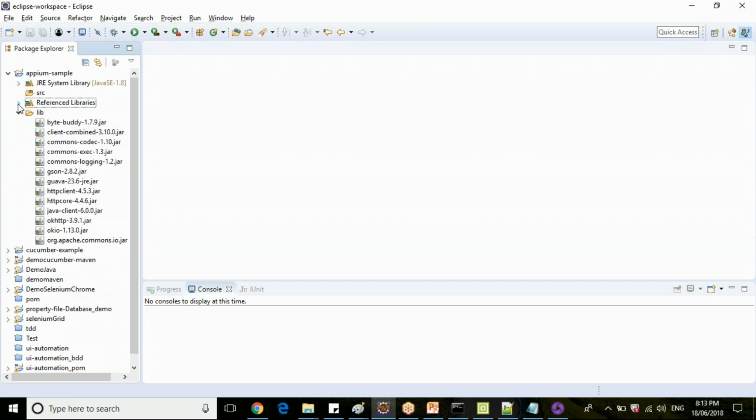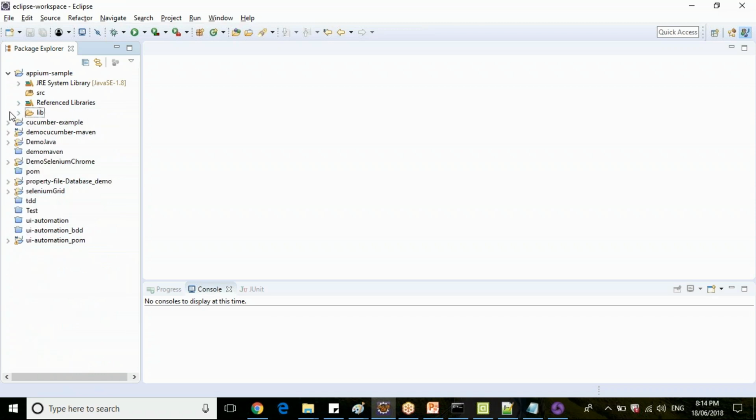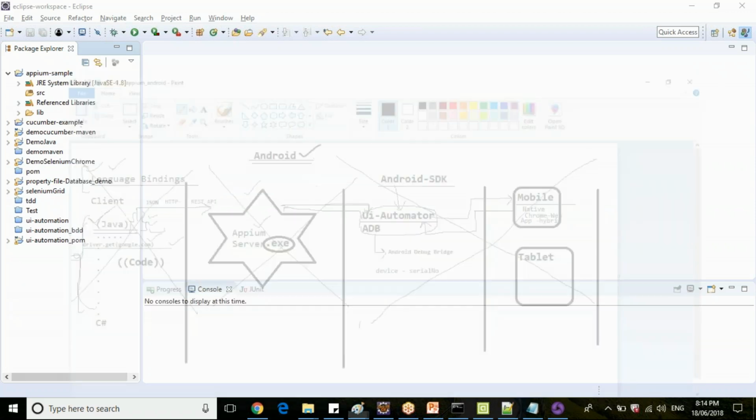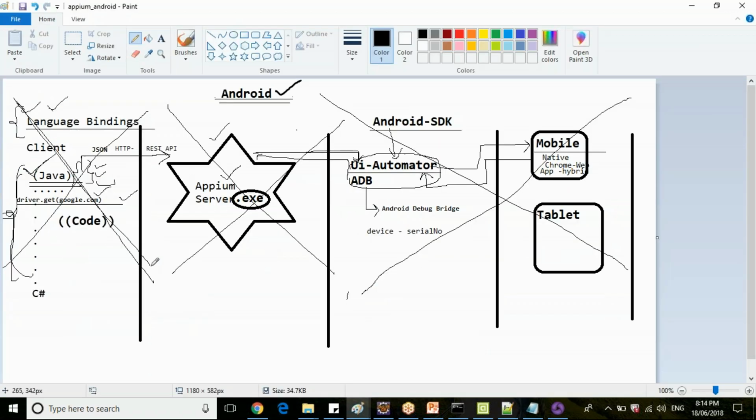Okay. Now the Selenium jar files and the APM jar file is added to your build path. Now you are ready with your client library also. Okay. So now your client library is also set up. The only pending is your Java code, what you are writing here. So only this part is pending of total your architecture, correct?